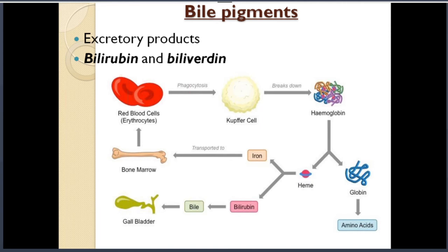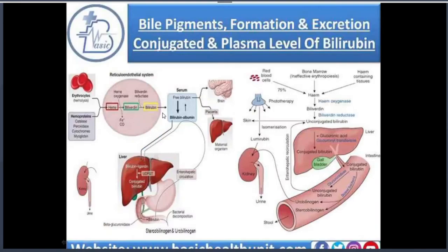Then we are coming to bile pigments. We will discuss jaundice along with it. That's one of the applied aspects of liver. Bile pigments are the excretory products again of the bile secretion. They do not have any digestive function. The two bile pigments that are excreted through the bile are bilirubin and biliverdin. Bilirubin and biliverdin are the product of degeneration or metabolism of hemoglobin. This we have already discussed in blood when we were talking about red blood cells.